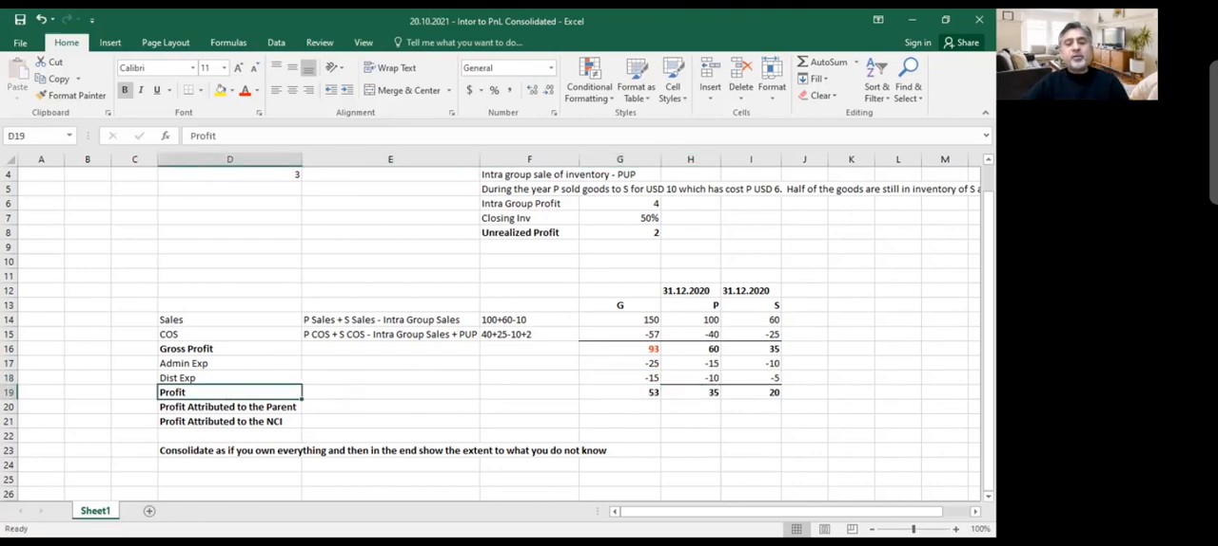Now you see that the total profit comes out to be 53. Before it was 55, like 35 plus 20, 55. Now you see only 53 because $2 has been eliminated. The double entry is debit group retained earnings, credit group inventory, because we are decreasing inventory here. Now, after this,